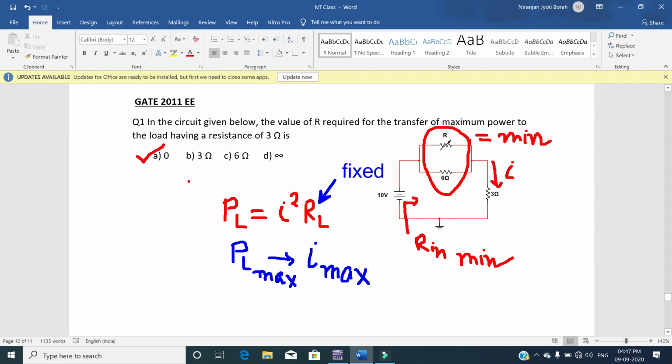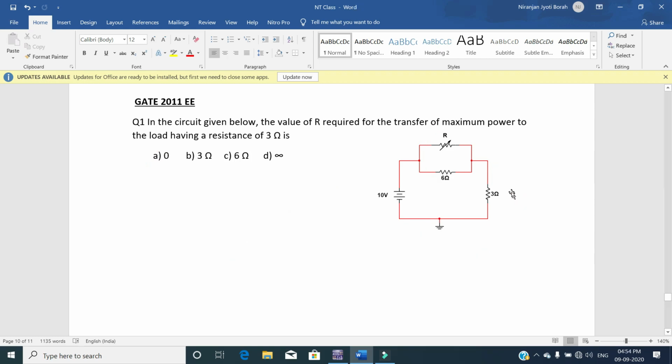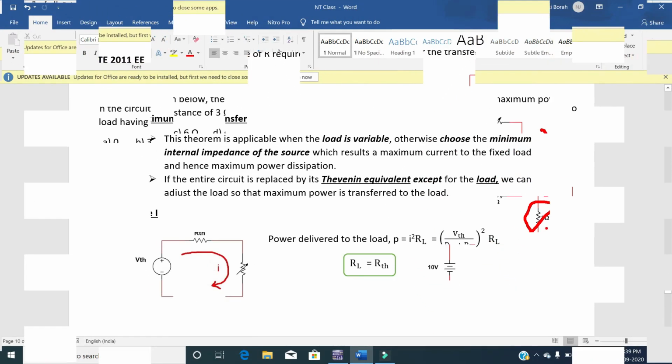Before proceeding further, I want to make a point here that for applying the maximum power transfer theorem, your value of load resistance should be a variable one. Otherwise, you need to find the condition for which the current flowing through the load is maximum.